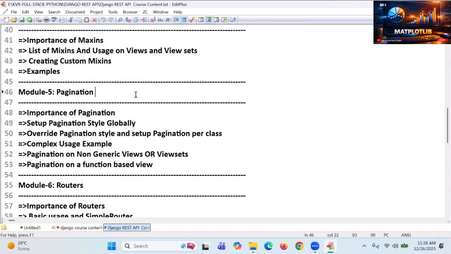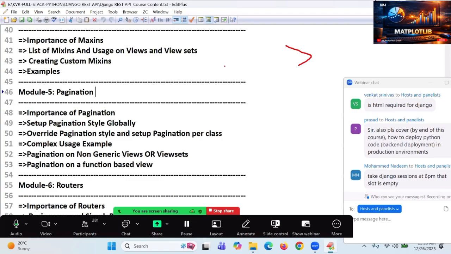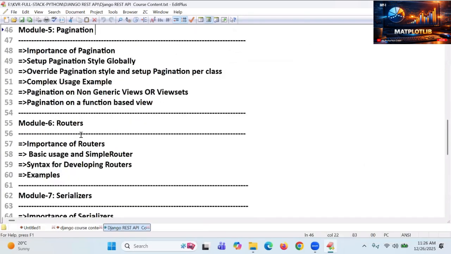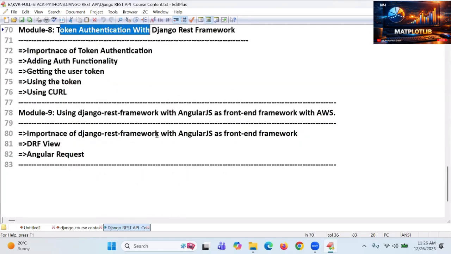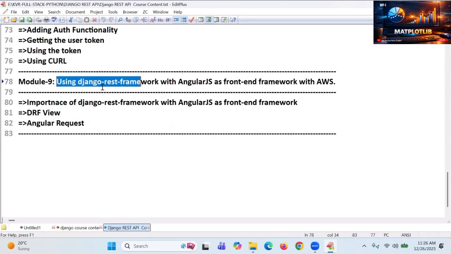Pagination. Suppose I develop an inbox. In that inbox, some 100 mails came, 100 mails today, 100 mails tomorrow. Is it going to the next page or not? In the web page, in the inbox, you have two arrows, right? This arrow is for what? Previous page. This one is for what? Next page. That is called pagination. How to develop that? Routers, serializers, token authentication, the Django authentication framework,